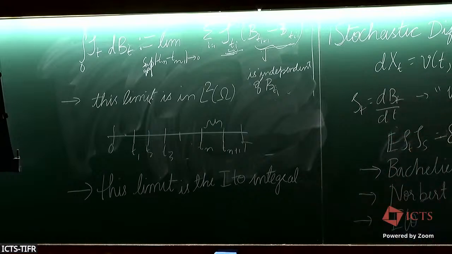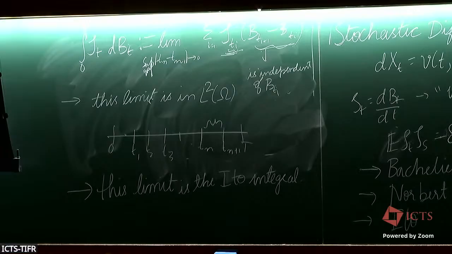So we have this answer, right? So now we know what an integral means. Omega is the underlying probability space. So it has to be seen as a function on the probability space, which gives me some image over R^d, for example.